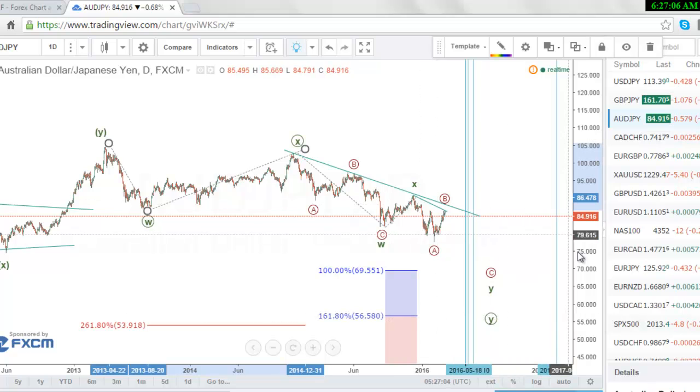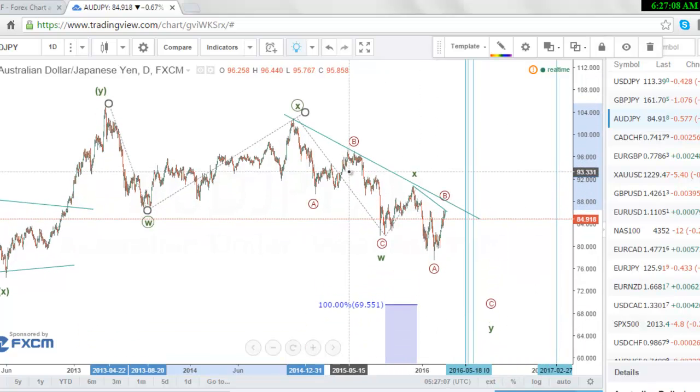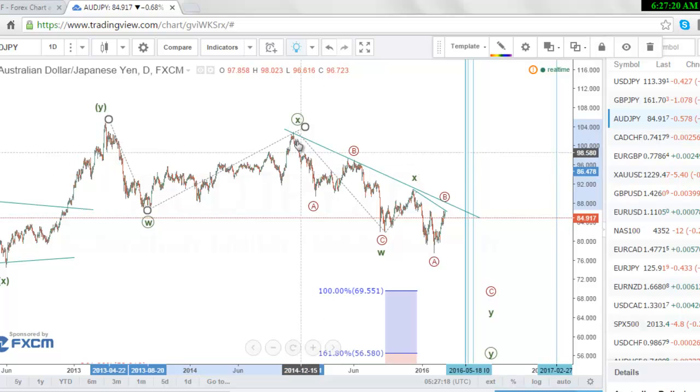To something around there. Not just that, but the second leg of this WXY structure is forming what looks like another double zigzag, this ABC X ABC. That's going to be another WXY structure, and the nearest projection is going to be around here. That is 100%. So in the nearest time, maybe a month, we could see price coming down to this level here,